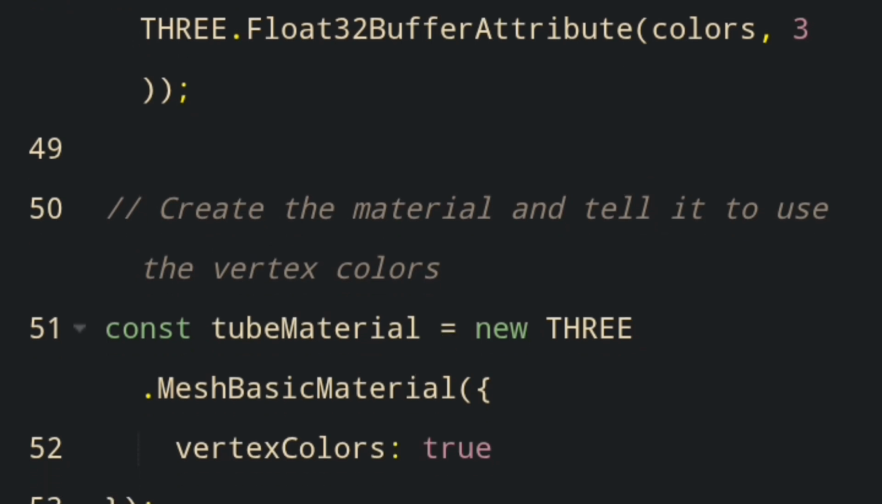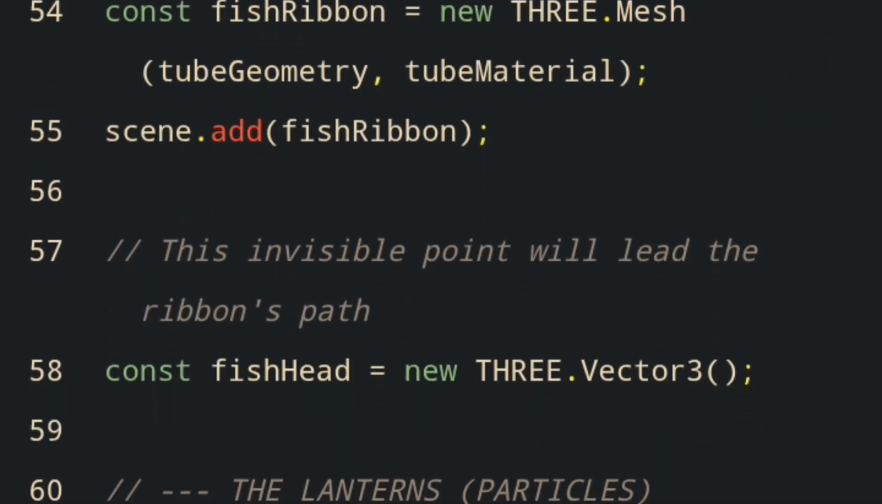const tubeMaterial = new THREE.MeshBasicMaterial({ vertexColors: true }); const fishRibbon = new THREE.Mesh(tubeGeometry, tubeMaterial); scene.add(fishRibbon); const fishHead = new THREE.Vector3();